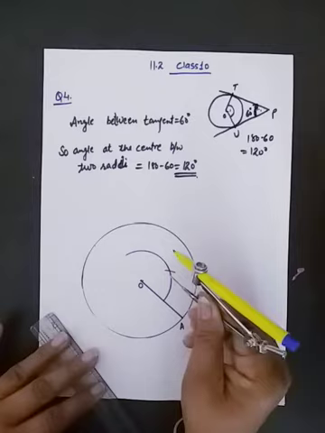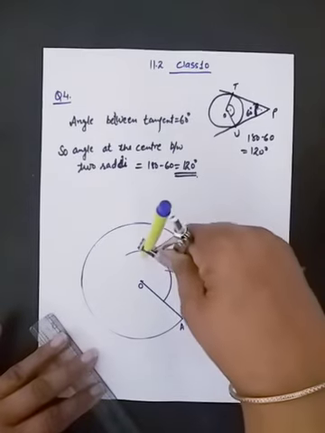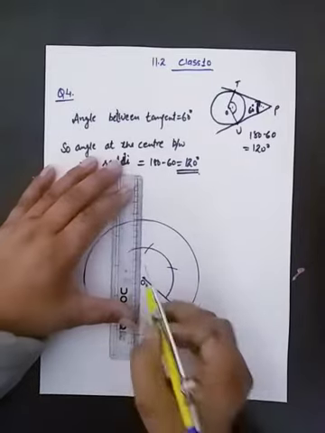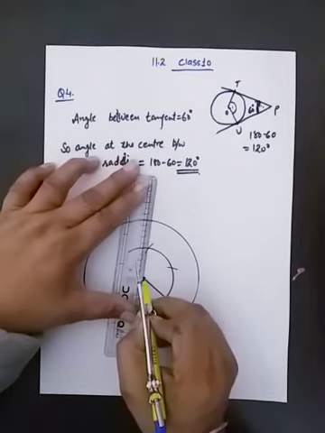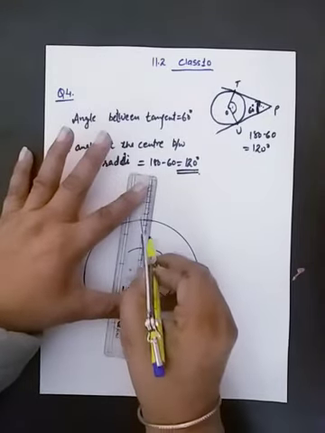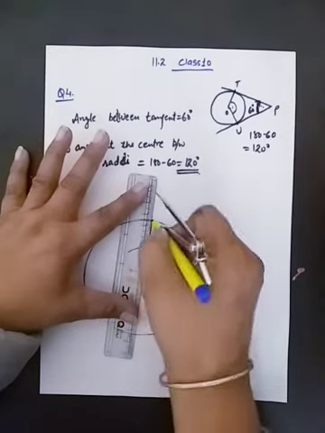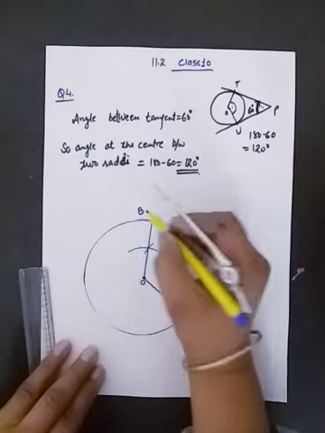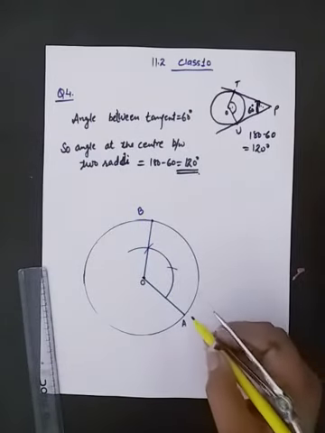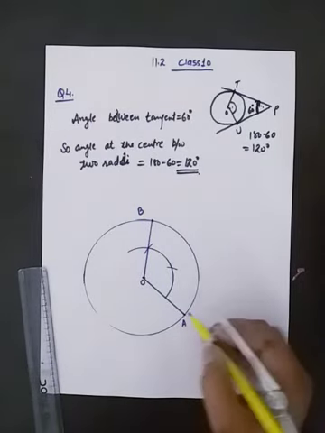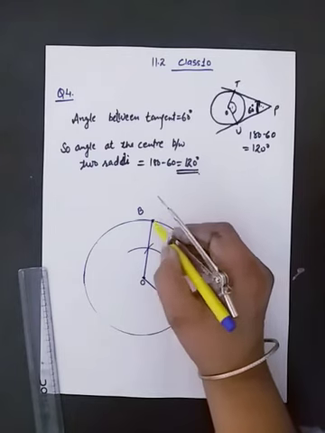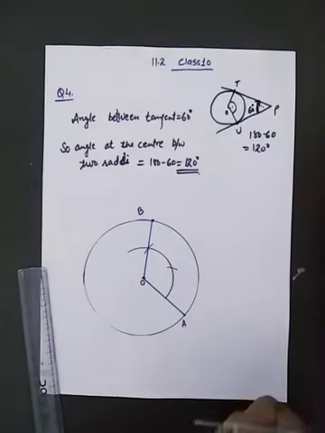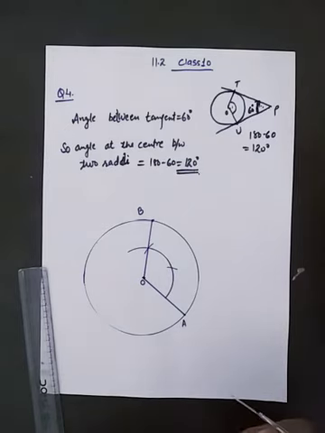So this first arc is of 60 degree and next arc with same radius. Now we will join it and extend, produce it such that it intersects the circle, and let this point be B. Now we are having 2 points on the boundary of the circle, A and B. It means we have to draw two tangents on these 2 points. So we will construct an angle of 90 degree at these 2 points.